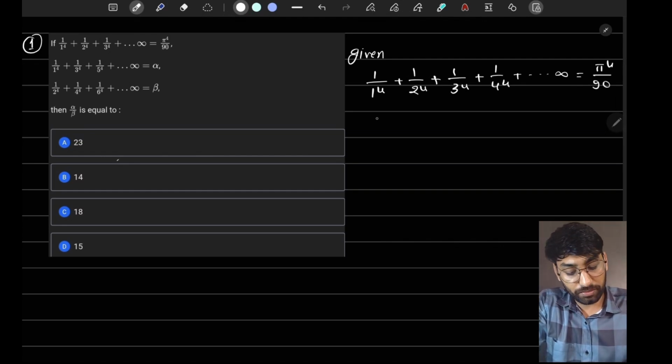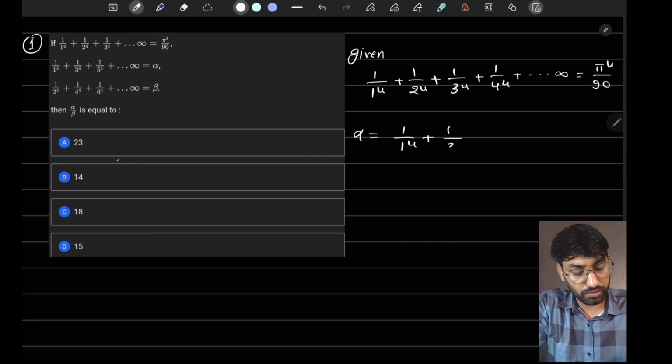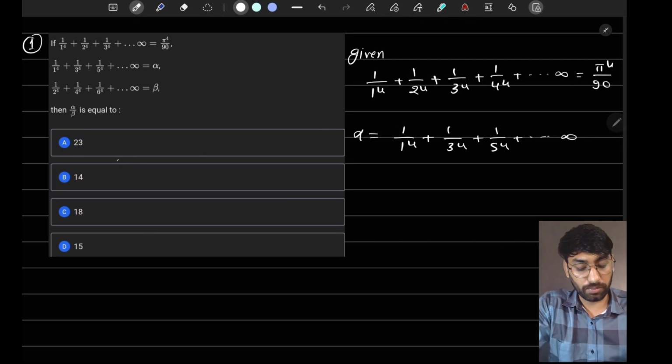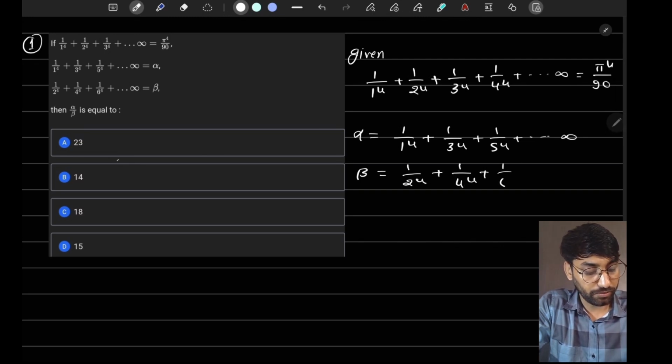Now another information they have given is about alpha. They are saying that alpha is nothing but 1 upon 1 power 4 plus 1 upon 3 power 4 plus 1 upon 5 power 4 and so on till infinity. Correct? And similarly, they have given one more piece of information regarding beta. So beta is nothing but 1 upon 2 power 4 plus 1 upon 4 power 4 plus 1 upon 6 power 4 and so on